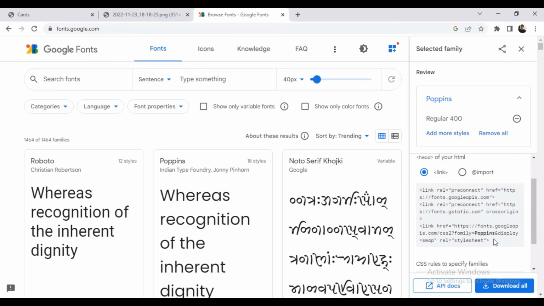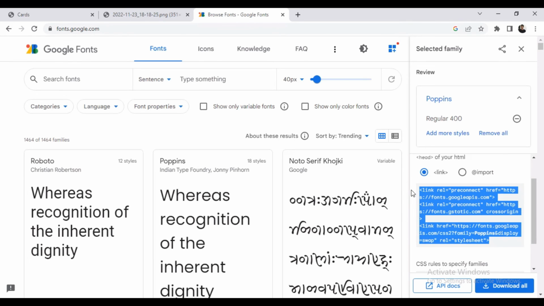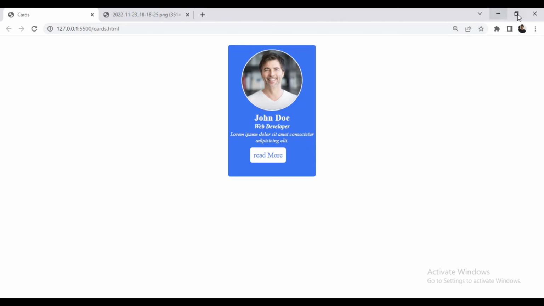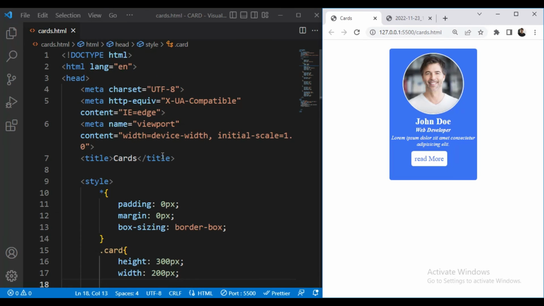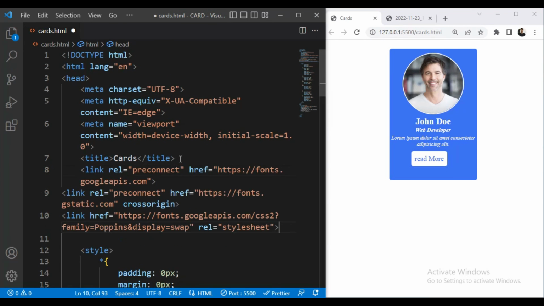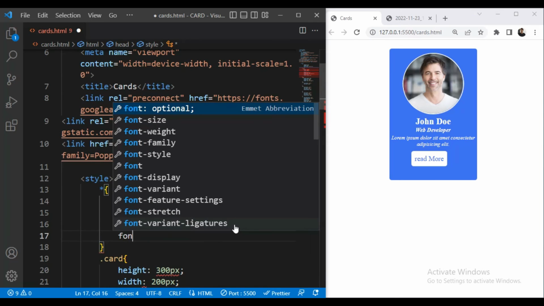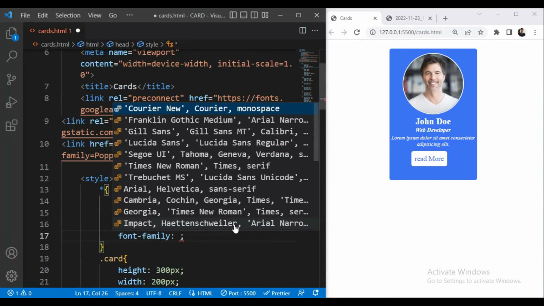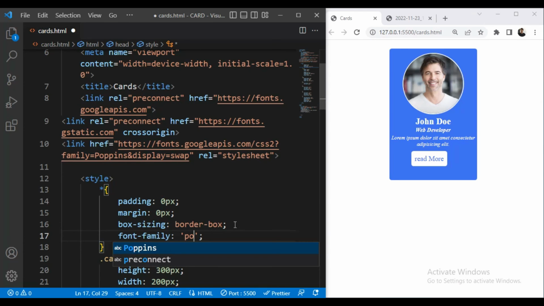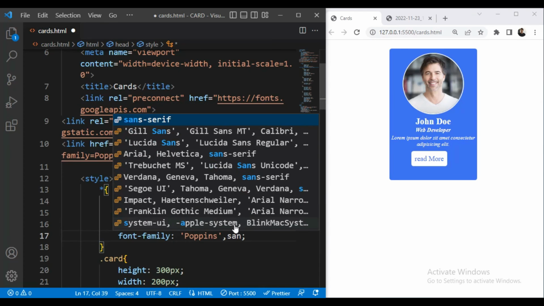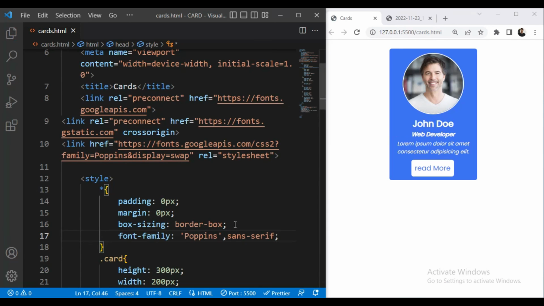So we'll just copy this code, and we'll paste it here, and inside this we'll add the font family, and that will be Poppins, sans serif. So now you can see the font has changed.